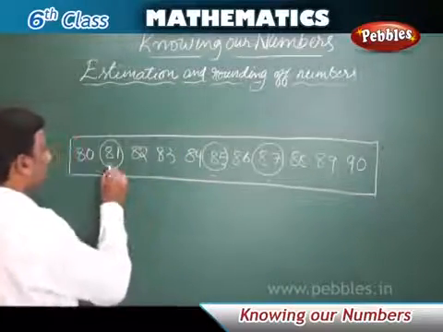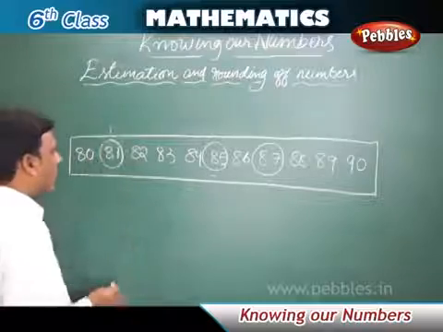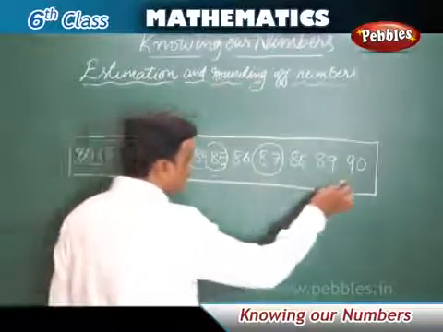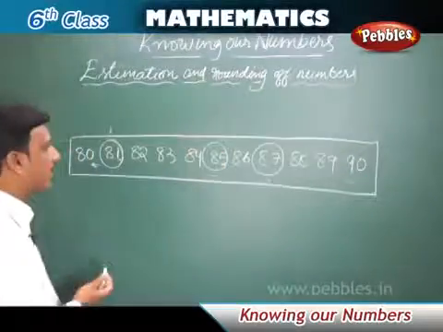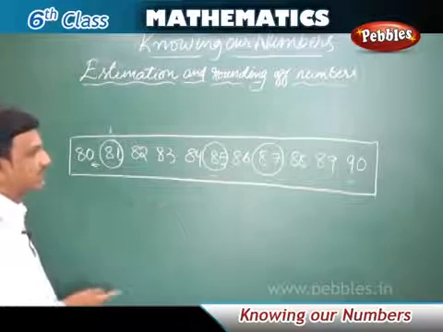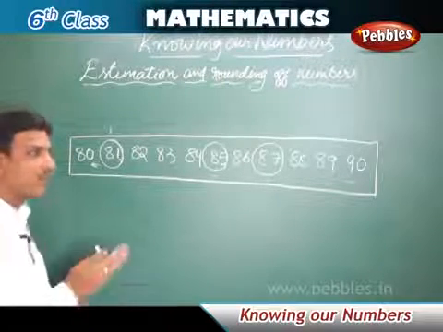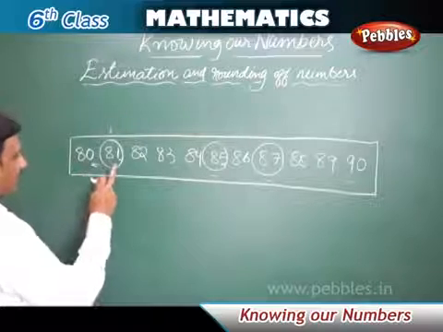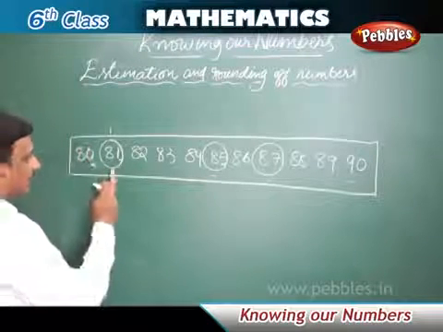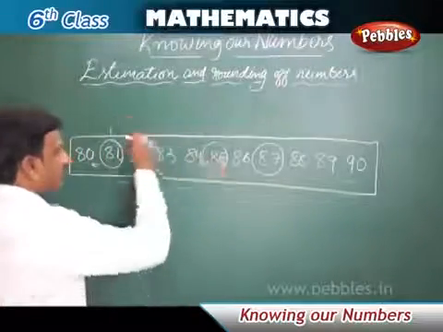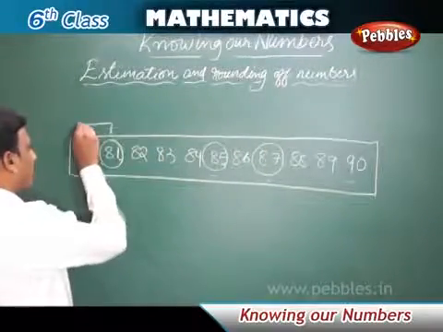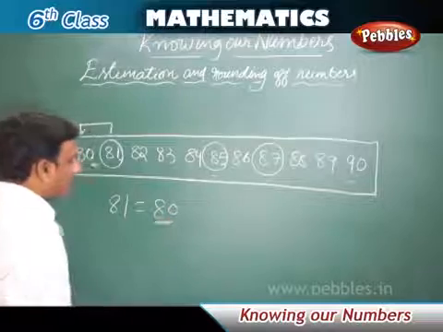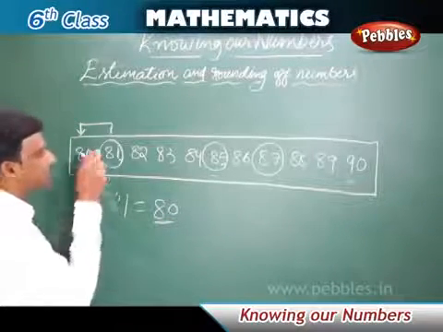Let us start with the number 81. If you take 81, how will you round it off? So 81 has 80 on one side and 90 on the other side. It can be rounded off to either 80 or 90, but here it has to be rounded off to the closest ten. So which one is the closest, 90 or 80? You can see that 80 is just beside it, and 90 is far away. After some 8 numbers, 90 is far off. So it will be rounded off to 80. So 81 will be rounded off to 80 because 80 is the closest to 81.